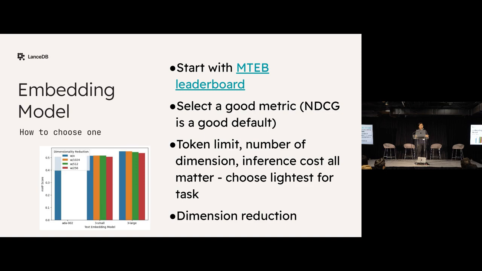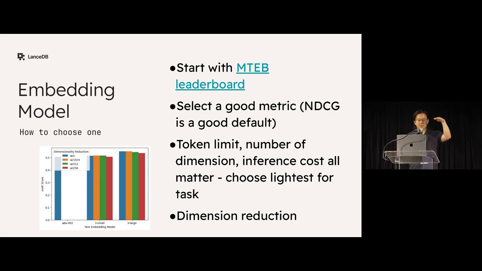What is surprising is that if you take text embedding 3 large and reduce it to 256 dimensions, it actually performs better in our benchmark than Ada 2, which is 1536 dimensions, and 256 is much easier to store and index, and much faster to query as well. So I think the biggest gains with embeddings are not just picking the best model out of the gate, but fine-tuning it and continuously improving it over time.